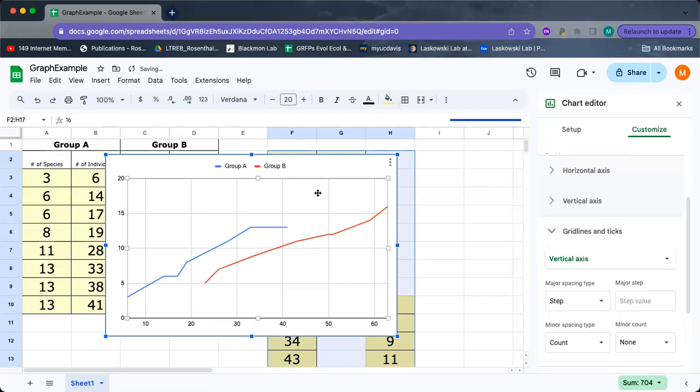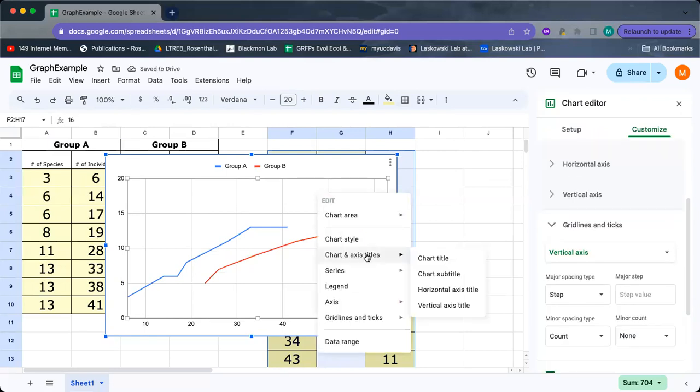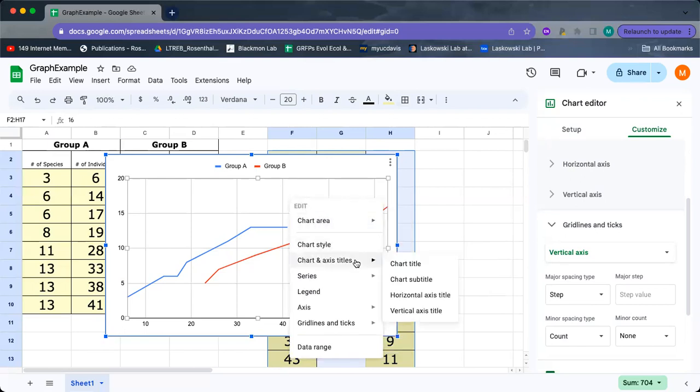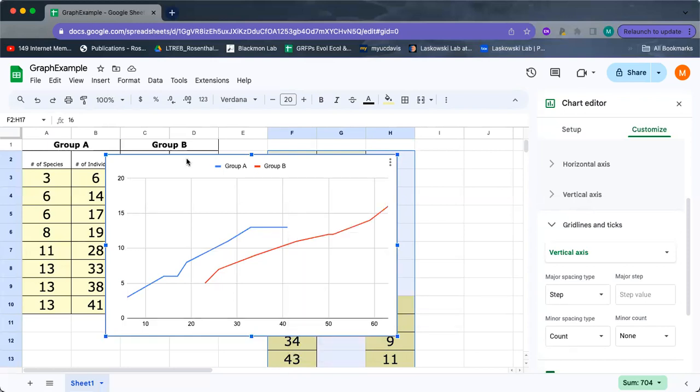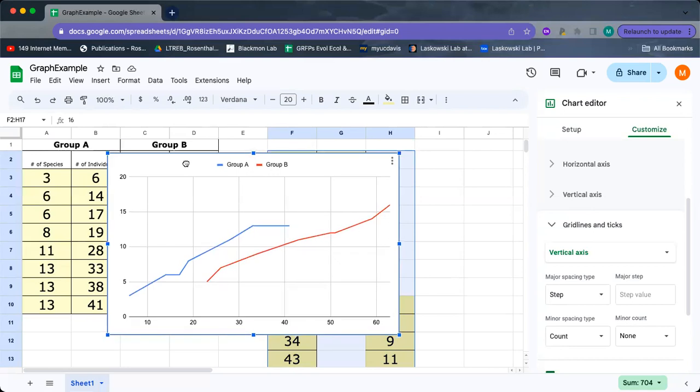And so once we've done that, the only thing that's left is to add our chart and our axes titles, and you can do that fairly easily by right-clicking on the plot, and then you'll see this option to add chart and axis titles. You can add a chart title, you can add your horizontal axis title, which is going to be the number of individuals, and then your vertical axis title, which is going to be your number of species. The overall chart title should just be the community that you're working on. So in this case, groups A and B did the tropical understory community, so that's what the chart title would be. But yeah, this is basically all that you need to do